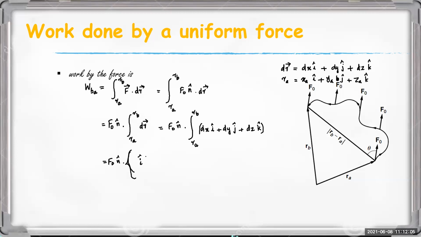Then i cap times the integral, where RA is XA i plus YA j plus ZA k, or we can write component-wise XA, YA, ZA, and here XB, YB, ZB. Okay, then dx